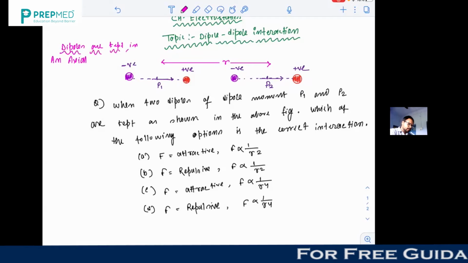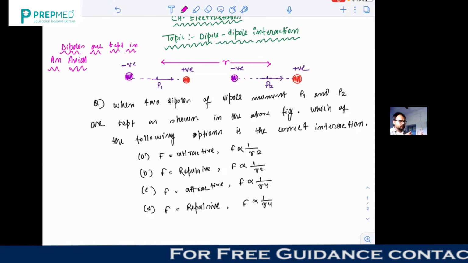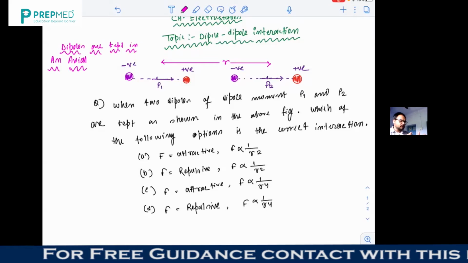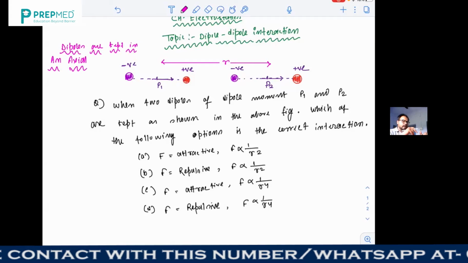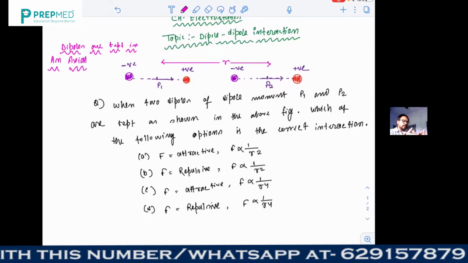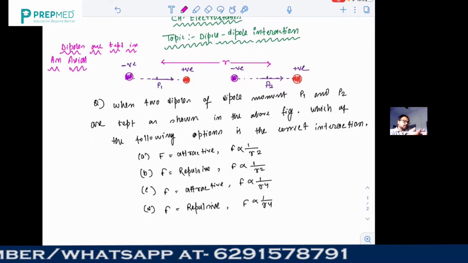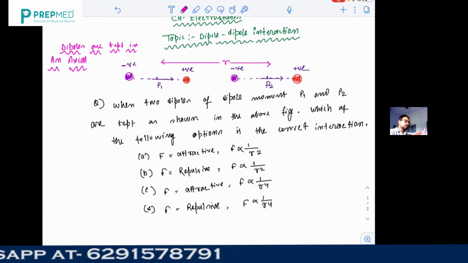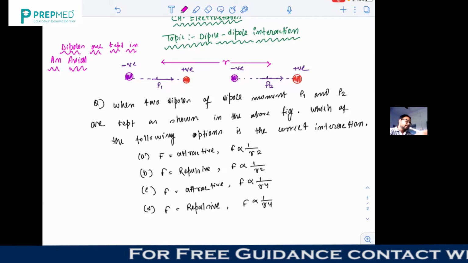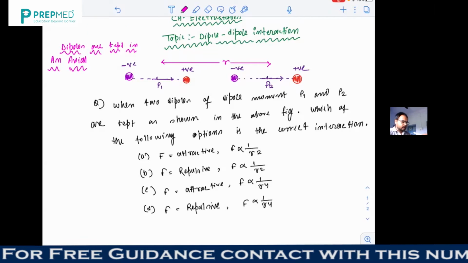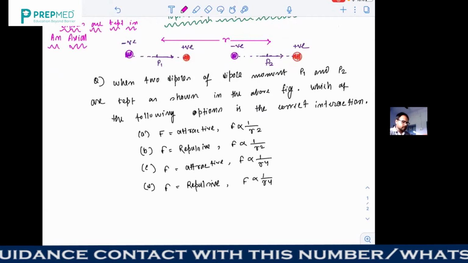You may ask, sir, you have drawn the dipoles such that a positive charge of one dipole is close to a negative charge of the other. Now, if I reverse dipole 2, which has the dipole moment P2, so that its positive charge is close to the positive charge of the other dipole and the negative charge is on that side, then what will happen? That can also be calculated. But in this particular scenario, which option should be correct? Let us find out, then you can automatically understand the answer for the second case that I mentioned. Now, how can you go for the answer?